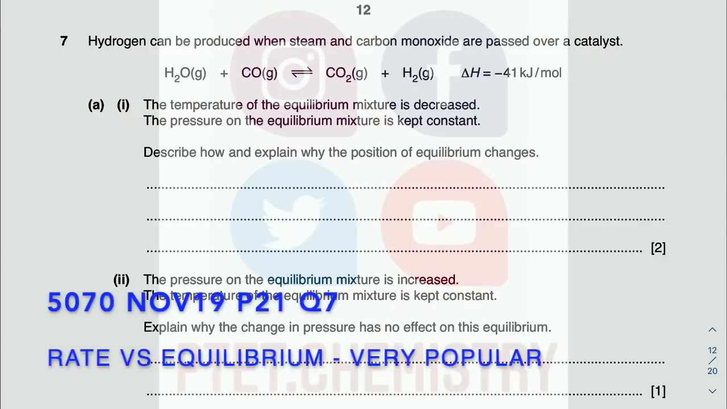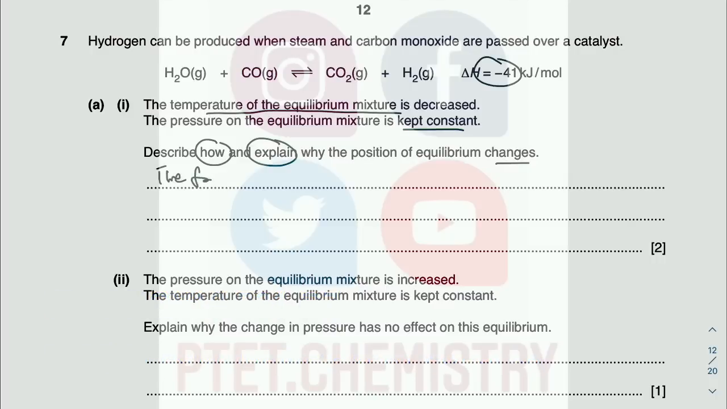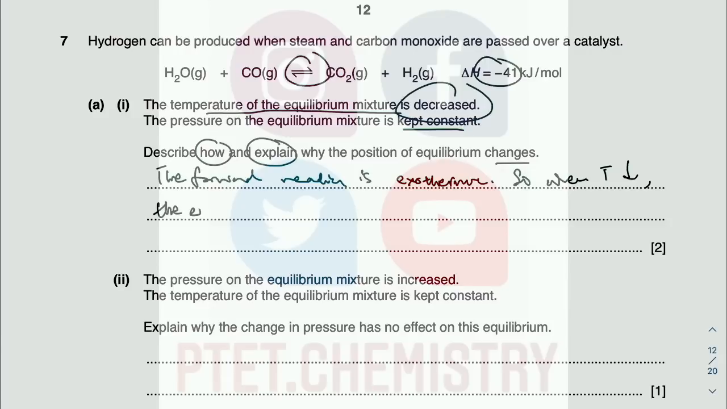This is an equilibrium question. They want you to describe how and also explain why it changes. You have decreased temperature, you keep pressure constant. So we are not going to talk about pressure here. The forward reaction is exothermic. So when temperature decreases, because you decrease temperature, what will the equilibrium do? The equilibrium will try to oppose that change. It will try to increase the temperature,